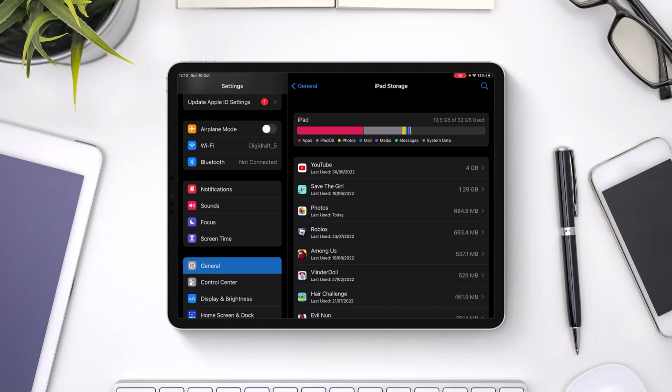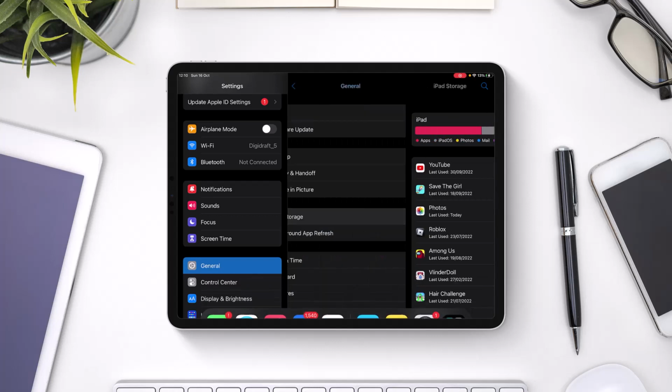So if you have only 1 gigabyte available on your iPad and the update requires 2 to 3 gigabytes of free storage, that could be another reason why you're not able to install the update. So make sure that you have enough storage left on your device in order to update it to the latest version. And now we will go back to General